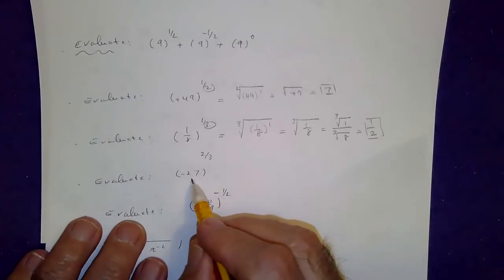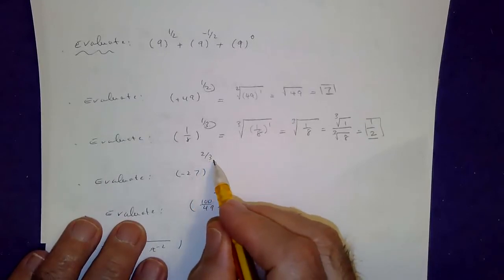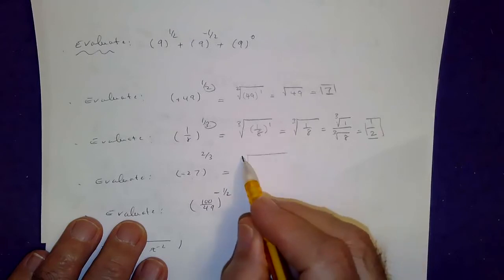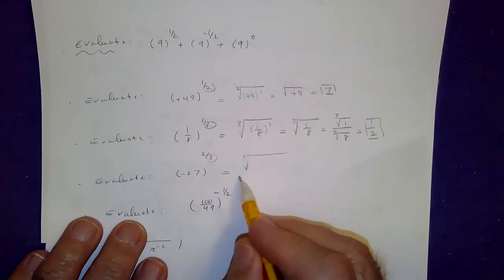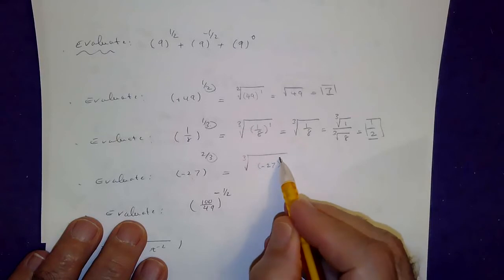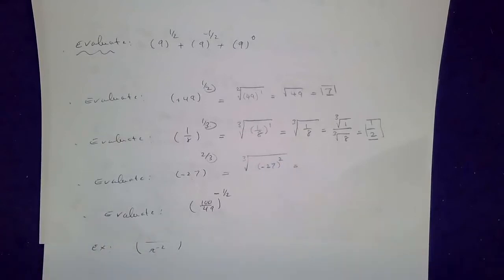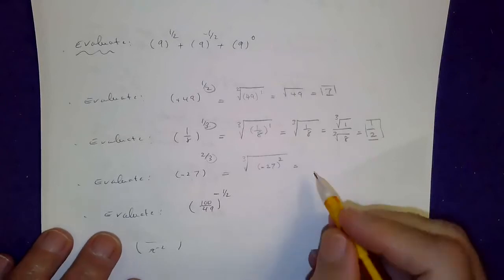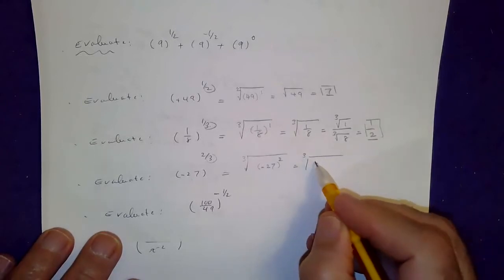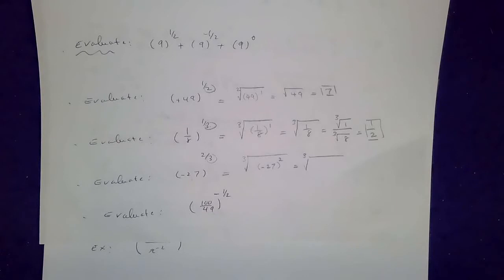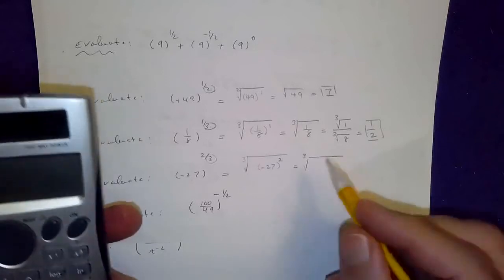What about negative 27 to the power of 2/3? That's like the cube root of, remember the denominator is the index, negative 27 to the power of 2. Okay, so then you would what? Take the cube root and then what? Raise 27 to the power of 2, and you would get